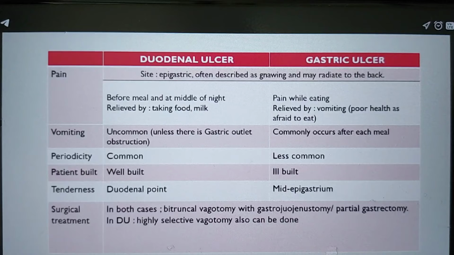And in duodenal ulcer, the periodicity is common. However, in gastric ulcer it is less common. In duodenal ulcer, the tenderness is more at the duodenal point. However, in gastric ulcer it is more at the mid-epigastrium. And in both cases, the treatment that could be done is by truncal vagotomy with